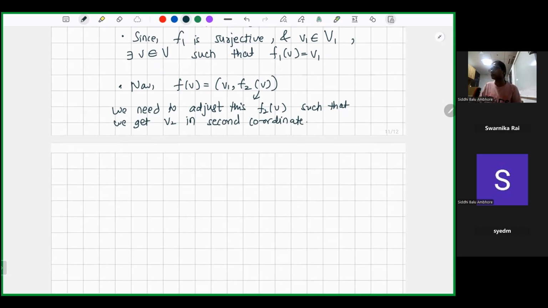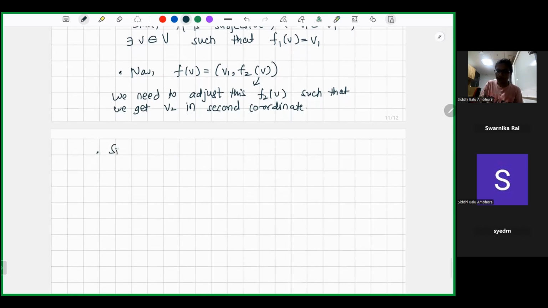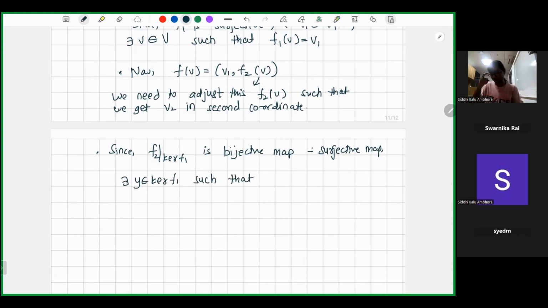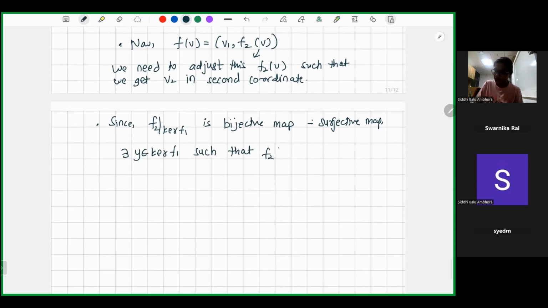Note that since f2 restricted to kernel f1 is bijective and hence surjective, there exists some y in kernel f1 such that f2 of y is